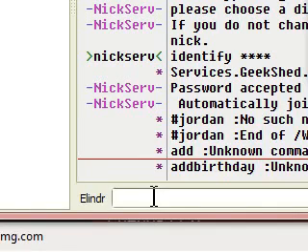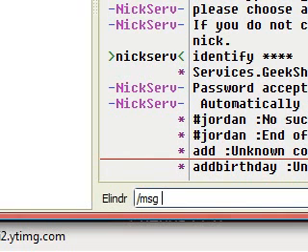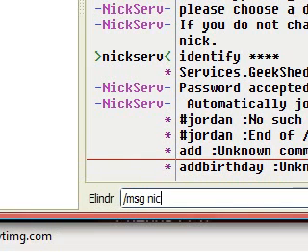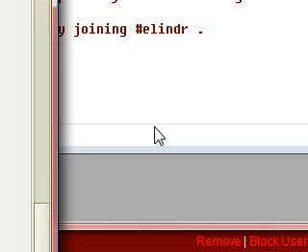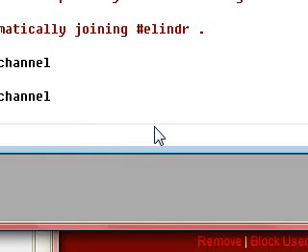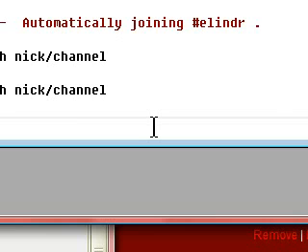It is the same with XChat: /msg nickserv register or identify, and then your password and your details. After identifying yourself, you will be recognized with your nickname on your server.